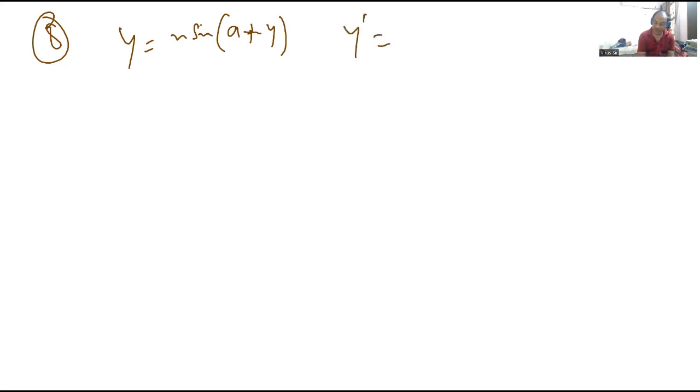Okay, let's start with another question. Now let's do a question. Okay, you are having y is equal to x sine (a plus y). This is the question. y is equal to x sine (a plus y), and what you have to do is find out the value of y', which you have to prove actually, which is sine square (a plus y)